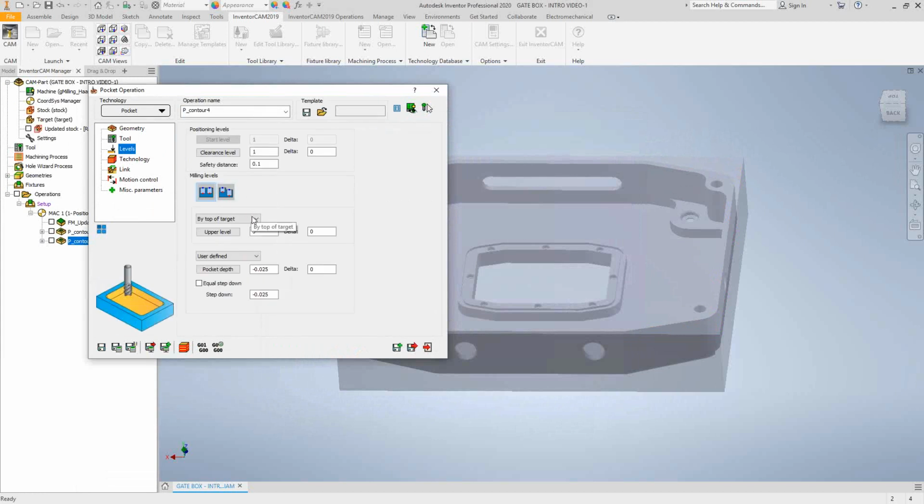Levels, we'll say from the top of the target. And I'm actually going to go down to the bottom of the target. Bottom of the target, it's red from the solid. It's red from my target definition. But at the bottom of the target, I might actually want to go just a little deeper only because maybe there is